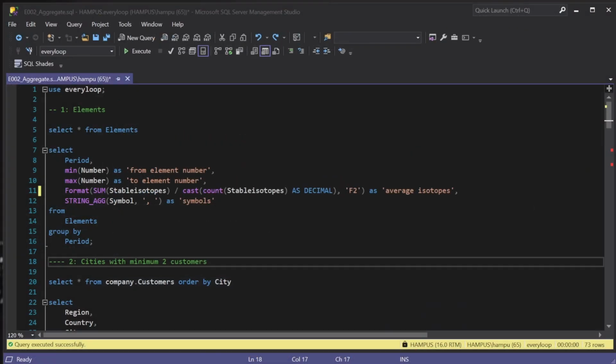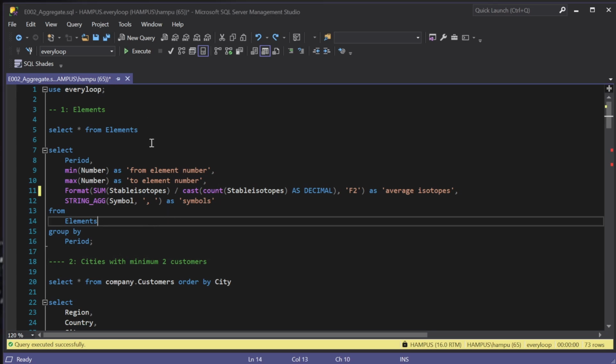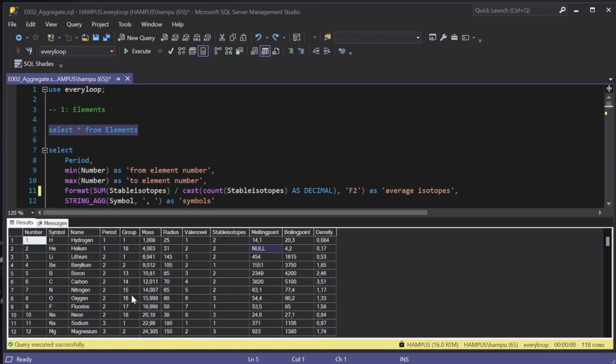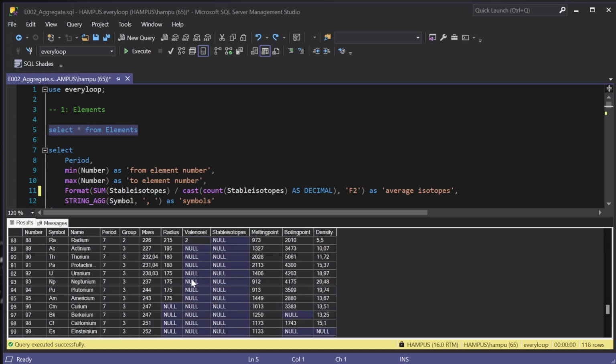So today we will be looking at aggregating stuff from tables in a database. And yep, I got some exercises for you. The first exercise, we look at a table of all our elements, which has a lot of different